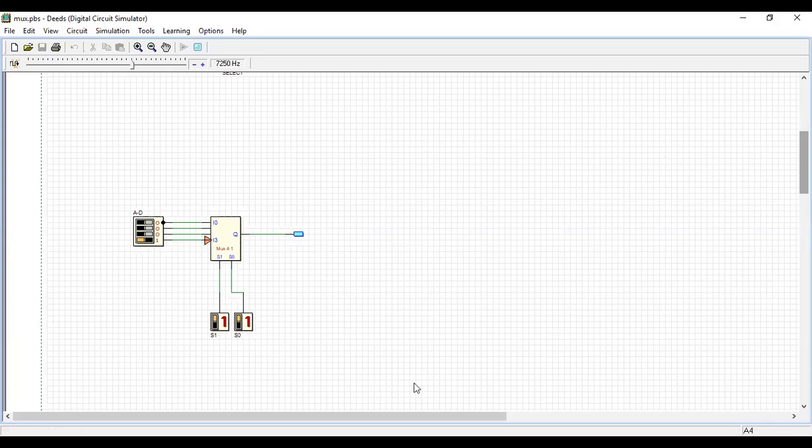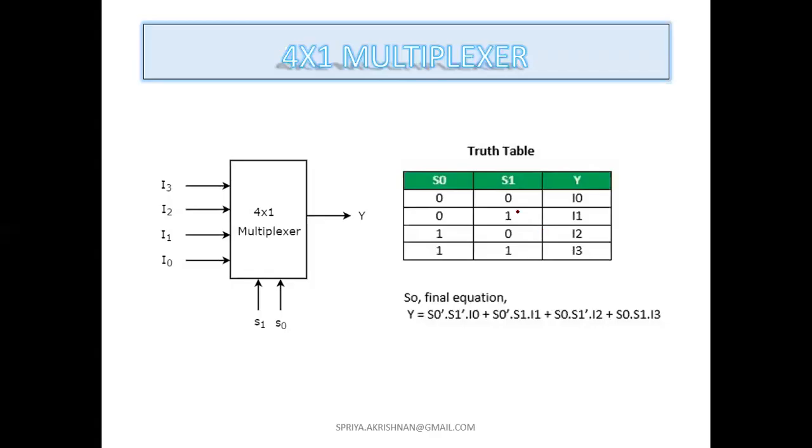So for the selection lines, I'll take you to the PPT. See, when the selection line is 0, 0, it will take I0, that is the basic LSB. When the selection line is 0, 1, it will take I1. Selection line 1, 0, it will take I2.